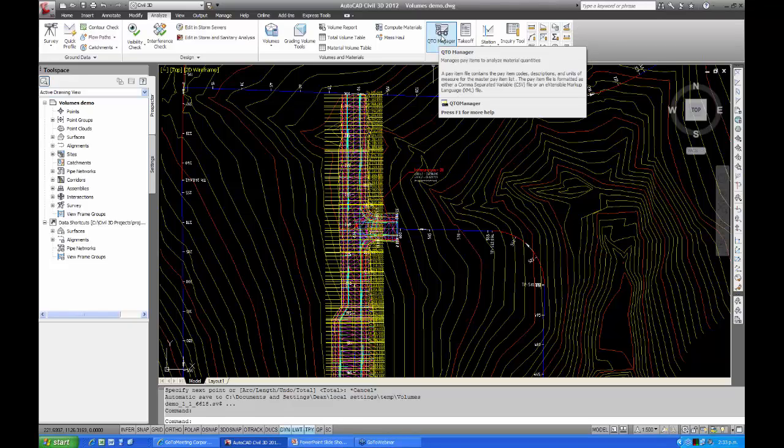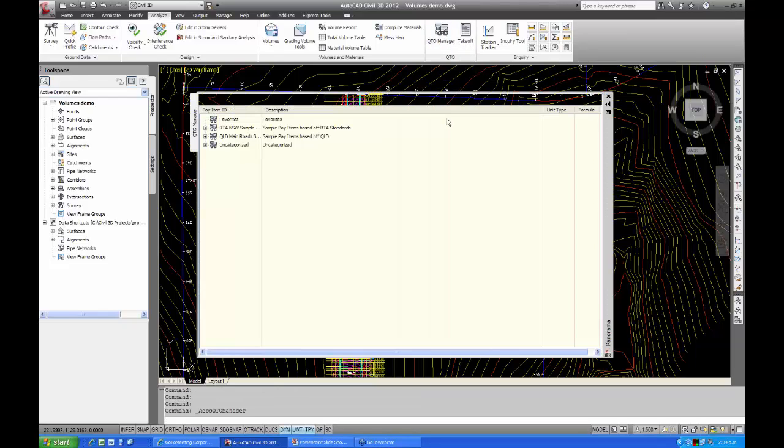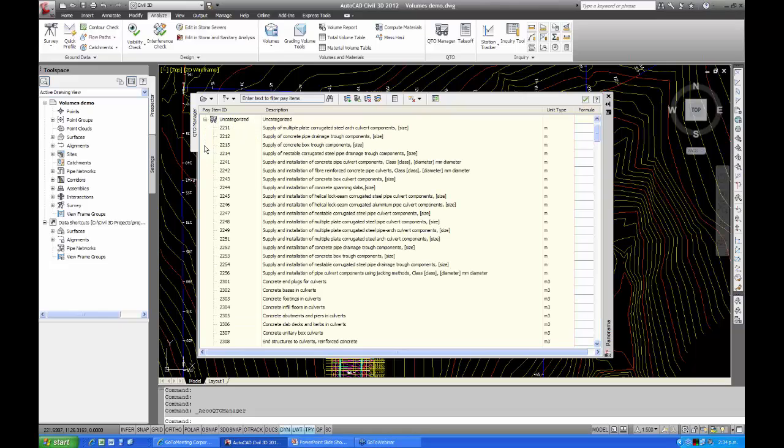So for those who haven't seen the Quantity Takeoff Manager, I don't know many people that are using it a great deal. It's mostly been designed for AutoCAD objects, but it will work with some Civil3D objects, and the corridor is one of those. So if I click on QTO Manager here, I don't know if any of you have had a look at this. But if we just have a look at some of these things, basically it's got a number or a code that applies to each of these, and then you have a number of different